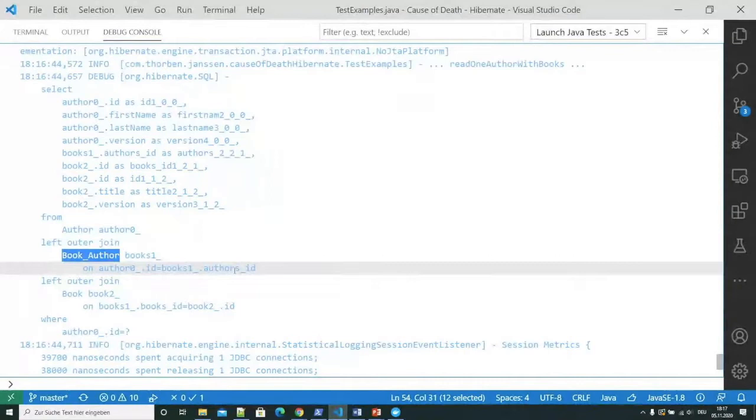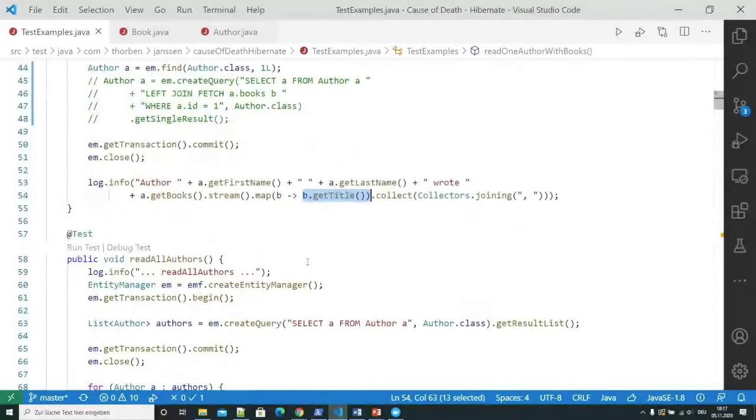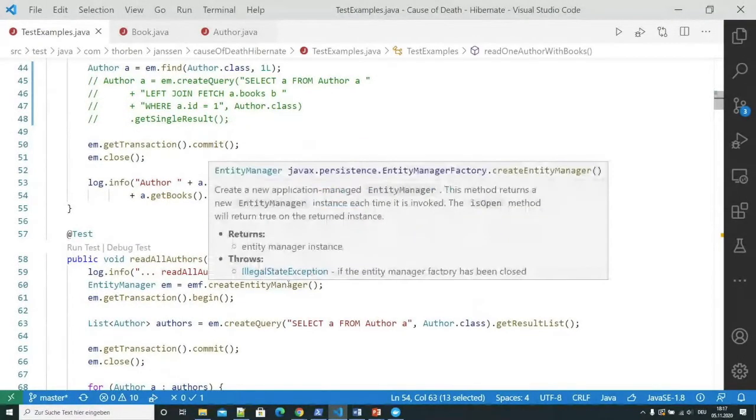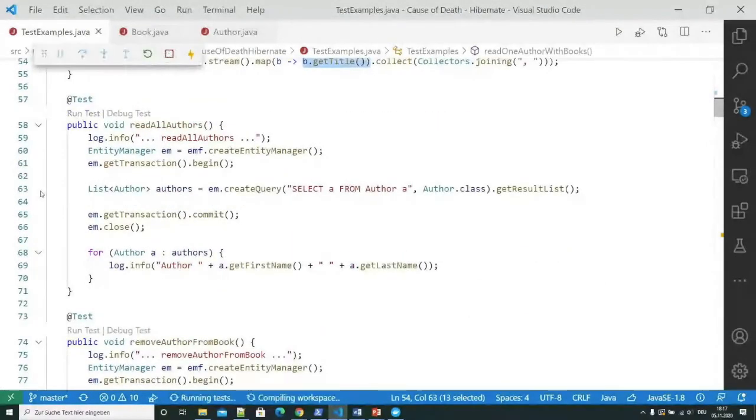So if we just look at this example, then the log looks actually pretty good. We just used one query and we got everything that we needed. We got the author and we got the book information. Great. With one simple query, we would write the query in the same way if we would write it ourselves. But the issue is that this doesn't work for all the queries.